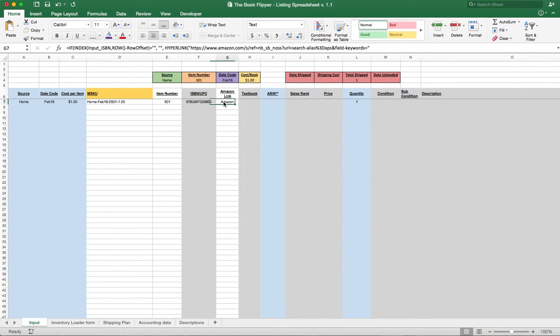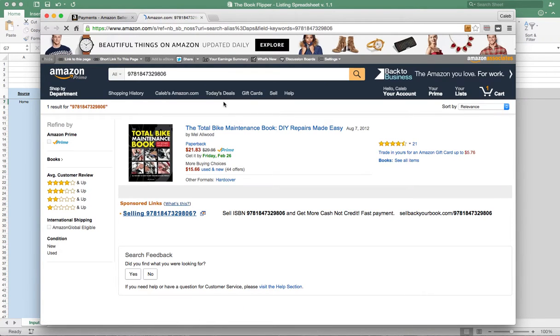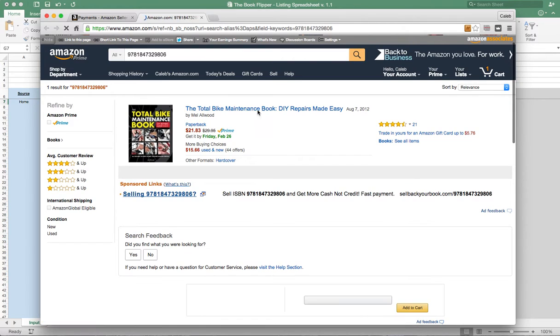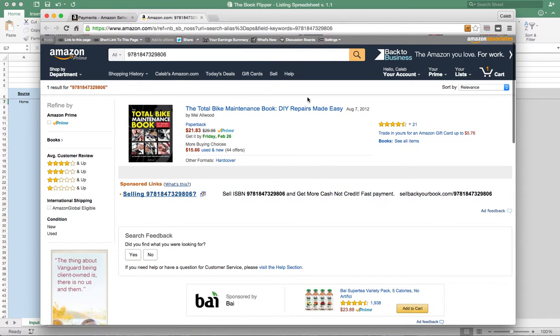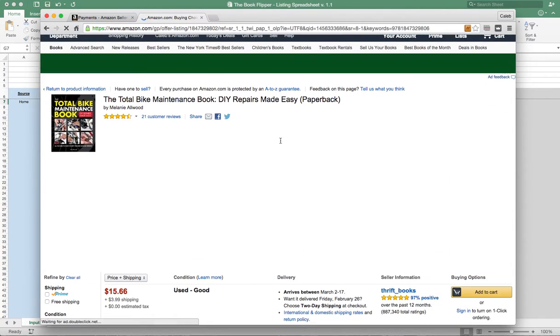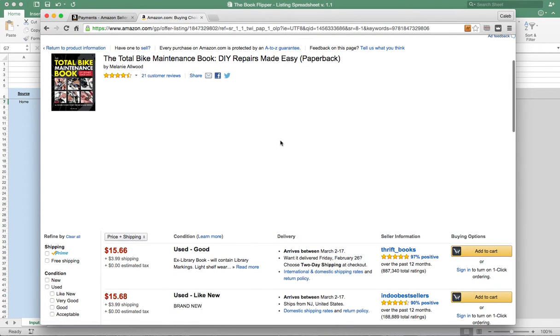We're going to see an Amazon link here, and you can just click that and bring up the book. You can check and make sure if only one item shows up, then you can use the ISBN. We'll show you a different scenario where that's not the case. In this case, we're going to click through. We're going to figure out where we're going to price it, what the rank is, and put our data in